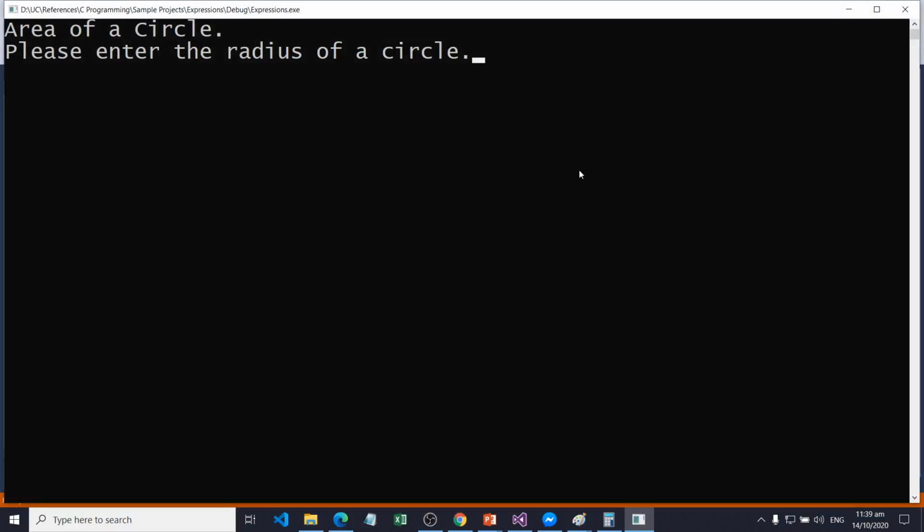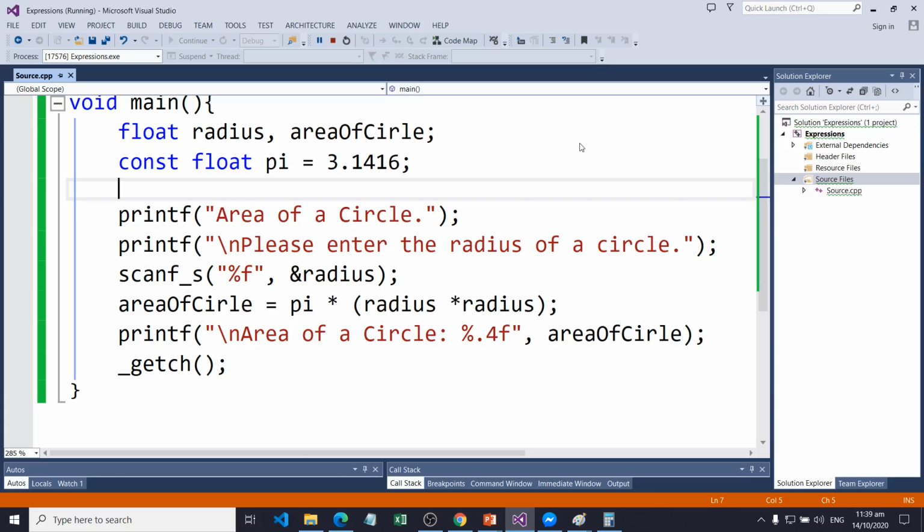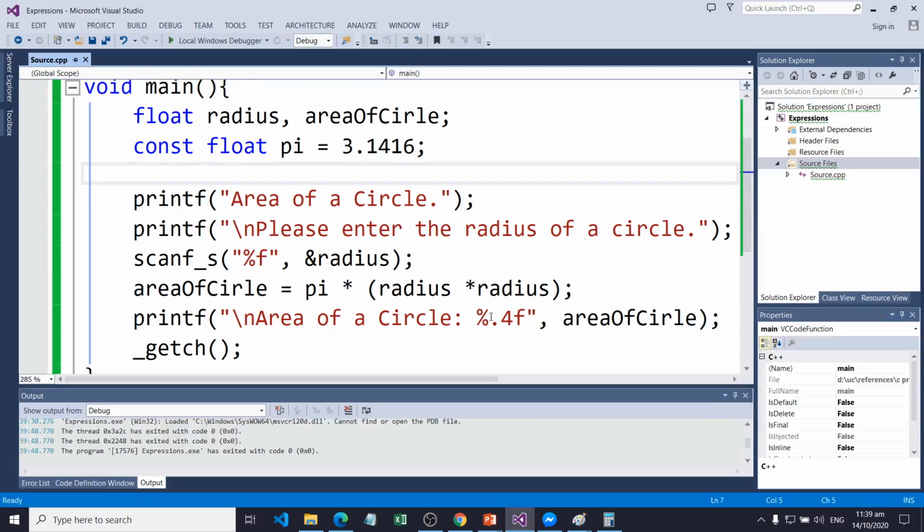For the radius, let's try to enter 2, and we have the area of the circle that is 12.5664. We have 4 decimal places here because we have specified %0.4f as the format specifier of the area of the circle.